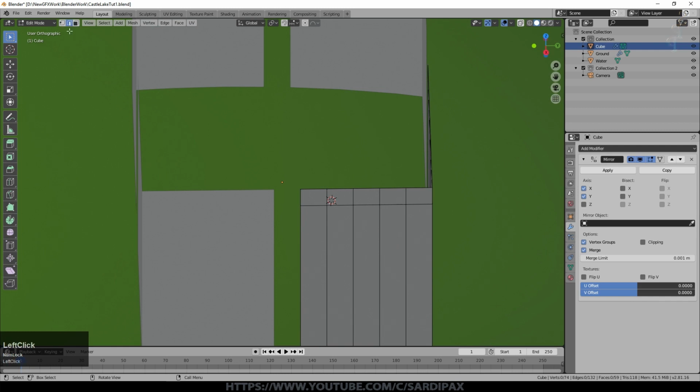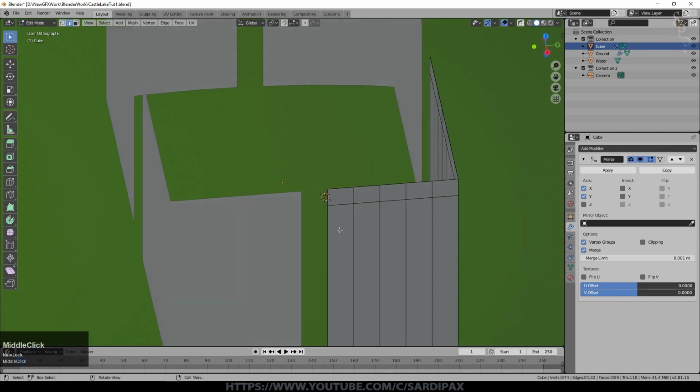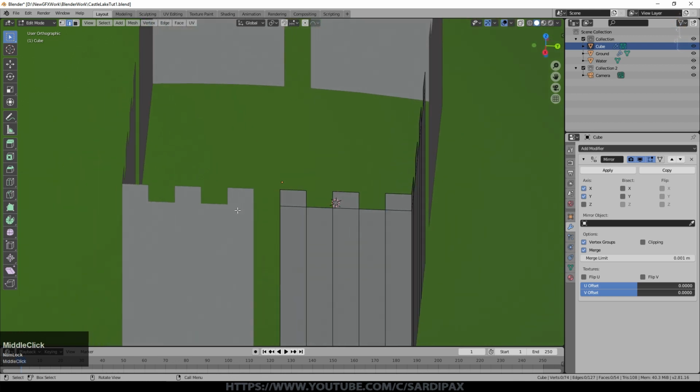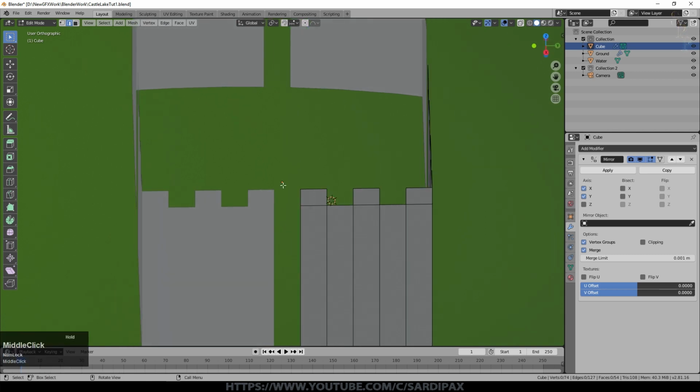So we'll go to Edge Select, and I want to maintain the castellation at the corner, so we'll skip the corner like that. And then we'll press X and delete edges. So you can see where we've got our castellations there. So clearly what we need is an edge in the middle that is only half as wide as the others.